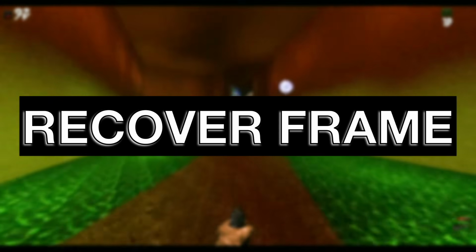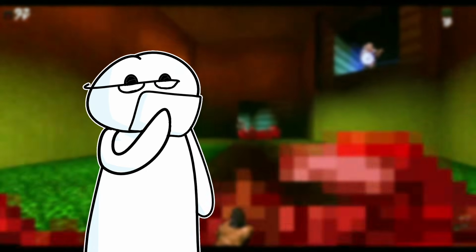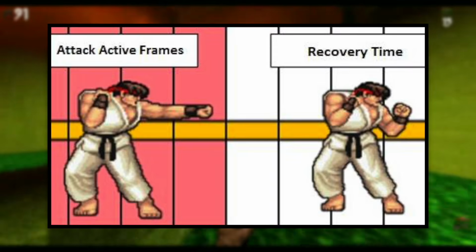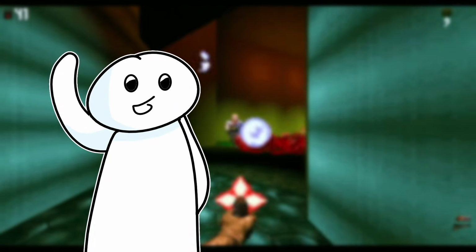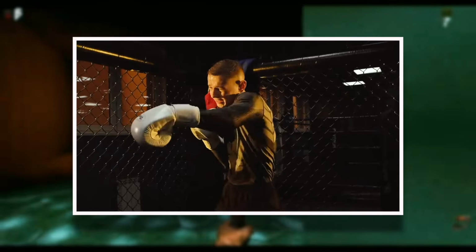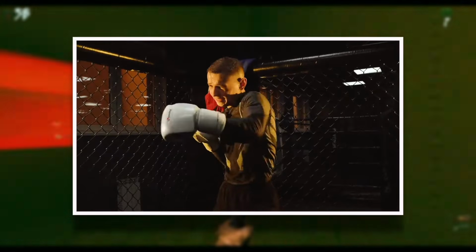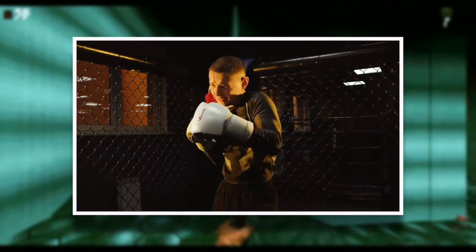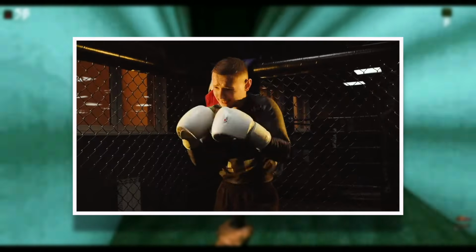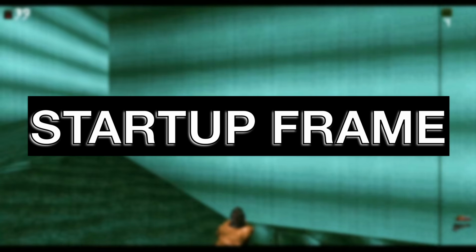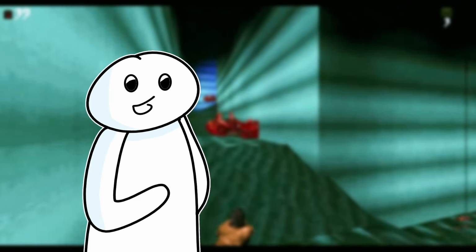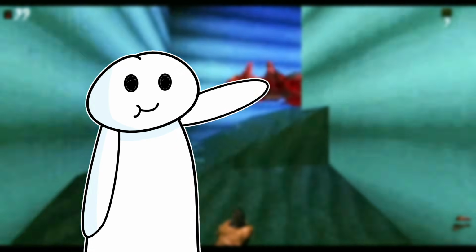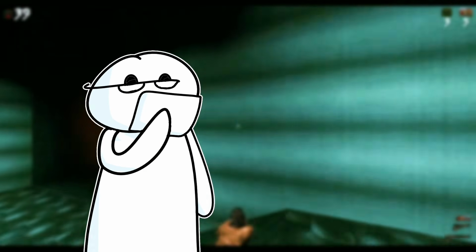Now, recover frames on the other hand are the frames required by the player to recover after performing a certain action, which again is our attack here. Again, referring back to our previous example, after you punch, you just do not go back to normal. I mean, you take in a few short breaths, put your shoulder back in the correct position, and so on. Our player will again do the same. Startup and recover frames are essentially there for you to get punished for spamming your attacks, as you are pretty vulnerable to incoming attacks during this phase. Okay,